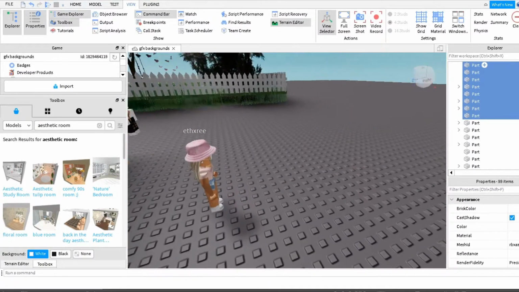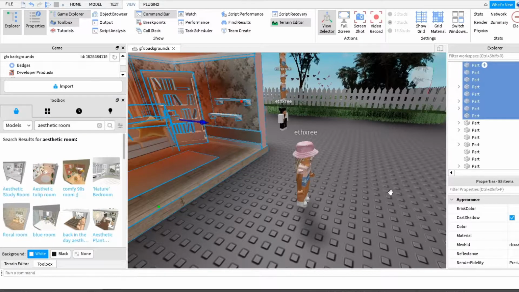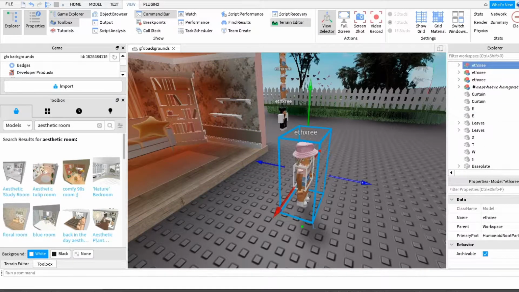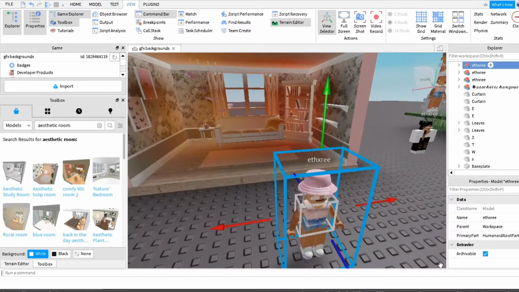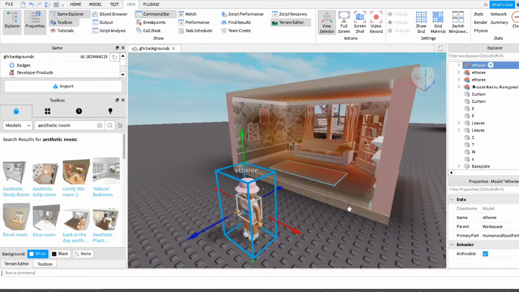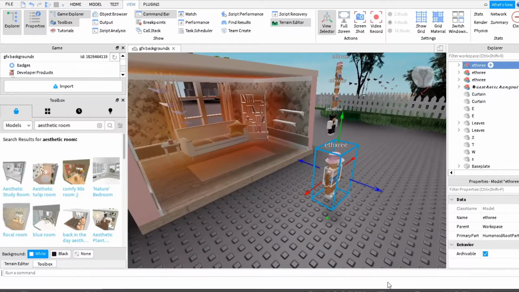So now we're going to do the same thing but for your character. So you're just going to click on your character, right click on your name, and then hit Export Selection. And I'm going to name it ethxree GFX. And then hit Save. Okay, so once you export both your character and your GFX background, now it's pretty much done with Roblox Studio,